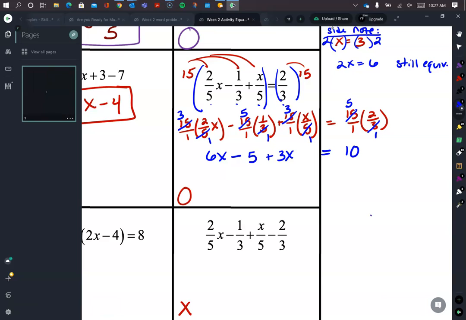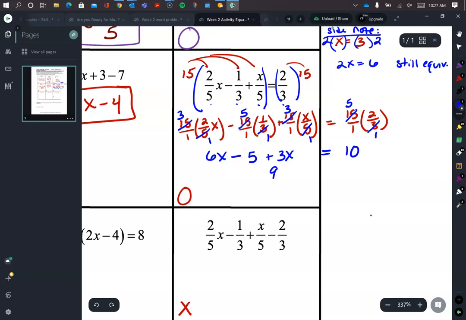Now I have a much cleaner equation to work with. I have 6x plus 3x is going to give me 9x. Bring over the minus 5 equals 10. Then add 5 to both sides. Okay, and then I end up getting 9x equals 15. Divide both sides by 9. And then I get